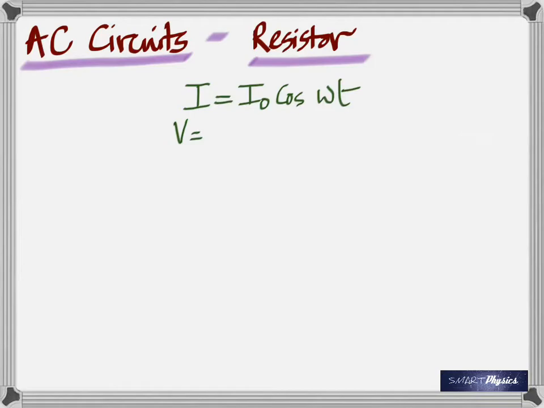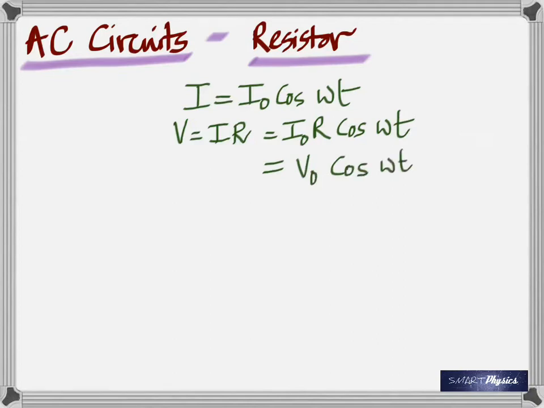Yeah, use that, you will find the voltage. Ohm's law. So what would be the voltage? Just substitute for I, you get that. So what would be the peak value of the voltage from that? If you're paying attention, what's the peak value of the voltage? It's I naught times R. So V naught is I naught times R, and